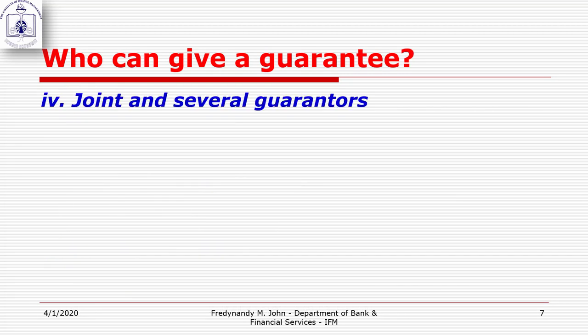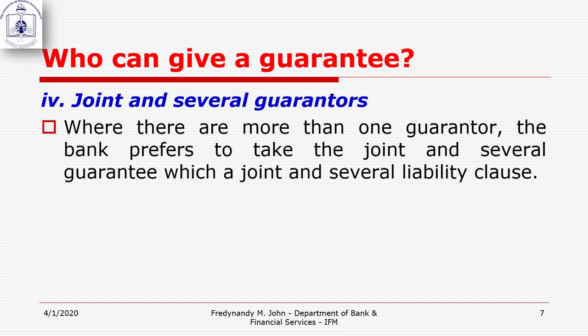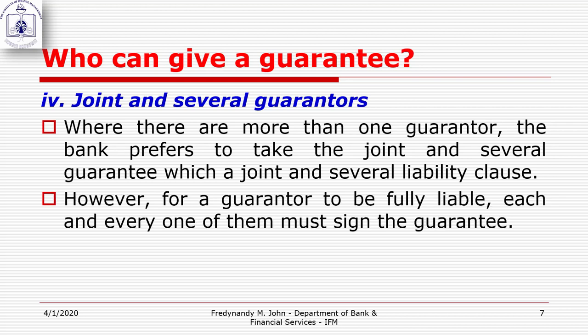Then there is joint and several guarantors. Now, under joint and several guarantors, the banker will want these guarantors to be fully liable. Everyone must sign a guarantee contract. By signing the guarantee contract, which contains a joint and several liability clause, it means that the banker can recover its fund from any of these guarantors or from all of them